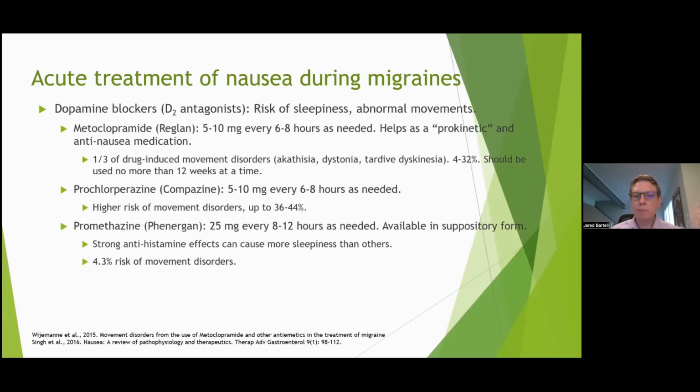Compazine, prochlorperazine, is another one that we sometimes will use for nausea if people don't tolerate other nausea medicines. Probably not first line, but it is helpful. We can use it in the inpatient unit too. This one does have a higher incidence of movement disorders relative to metoclopramide or Reglan, up to 44% of people,